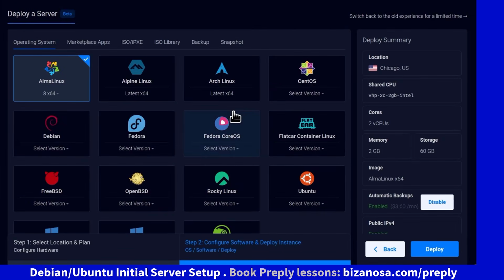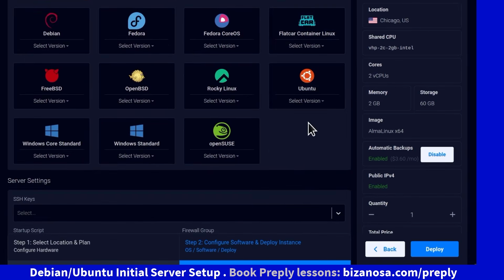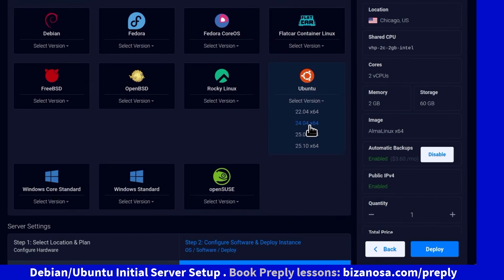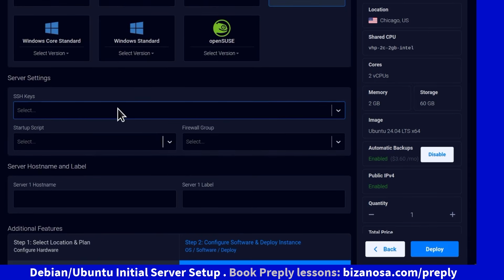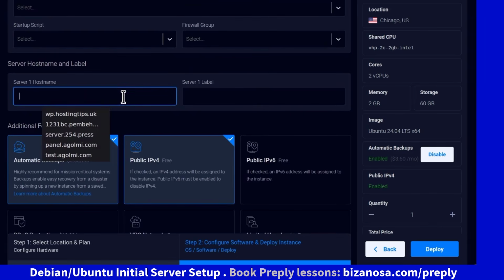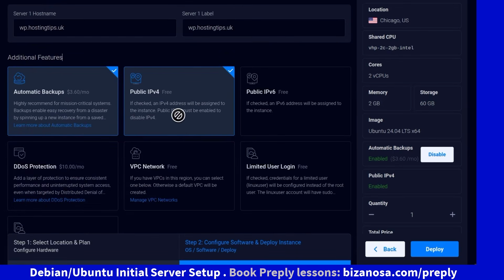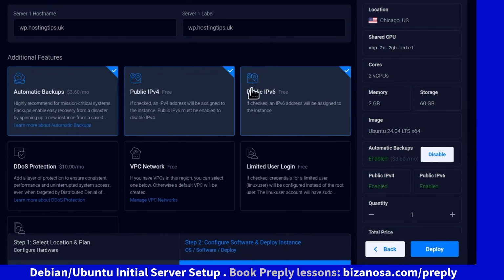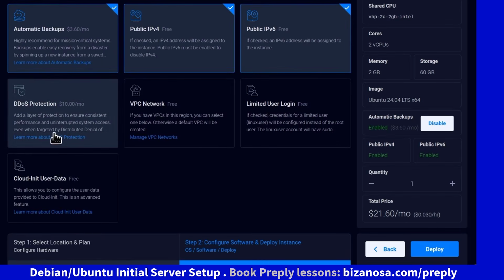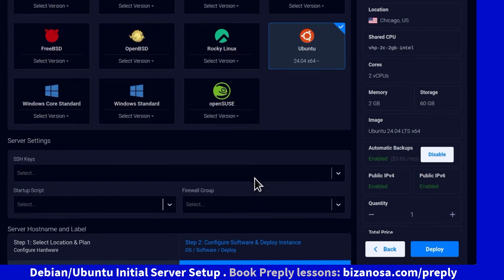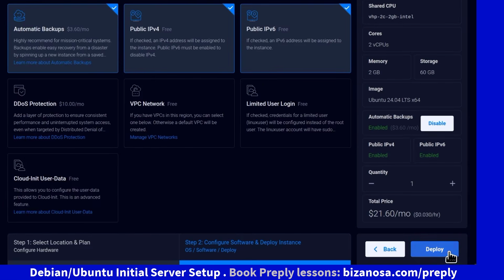For the operating system, of course, I'm doing Ubuntu today. So I'm just going to go with Ubuntu 24.04. SSH key, we're not going to add that now, but you can always add your SSH key and select it from there. Server host name, I'll just go with a host name like that. And then for IP, just select IPv6 as well. It is free, so why not? And pretty much that's all I need for my server. I'm going to deploy,